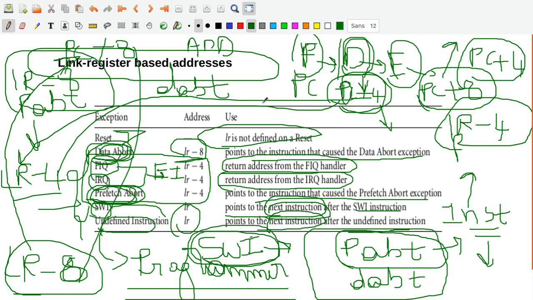One thing you have to understand is that whenever some FIQ exception is thrown here, it will immediately suspend its execution and then go and answer the FIQ exception. So when it comes back to the same instruction here, of course it is the return address from the FIQ handler. Similarly, it is the return address from the IRQ handler. So what you have to understand here is that the IRQ and the FIQ disturb the normal execution of the instruction.